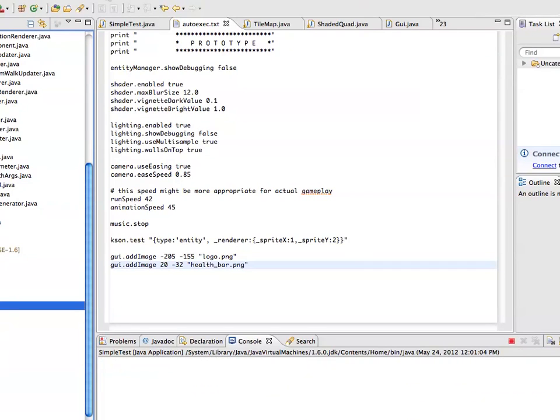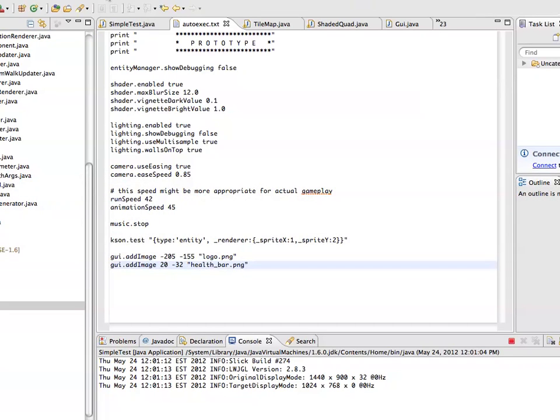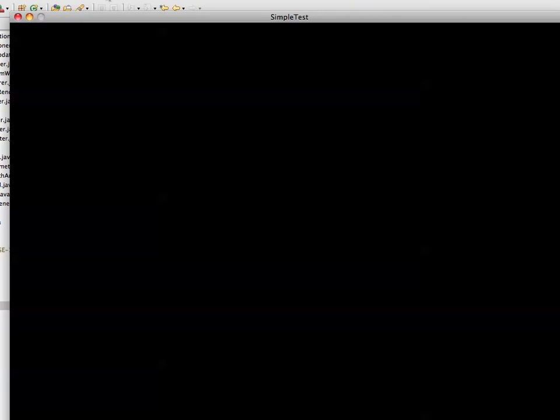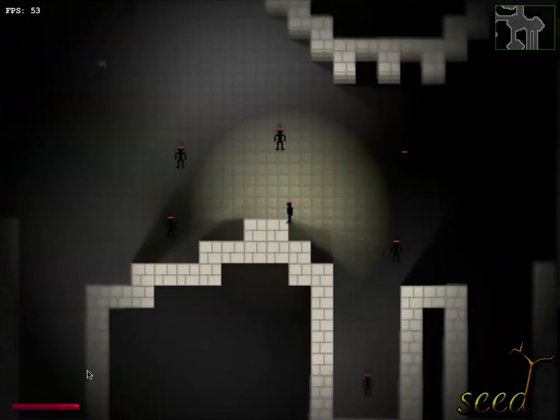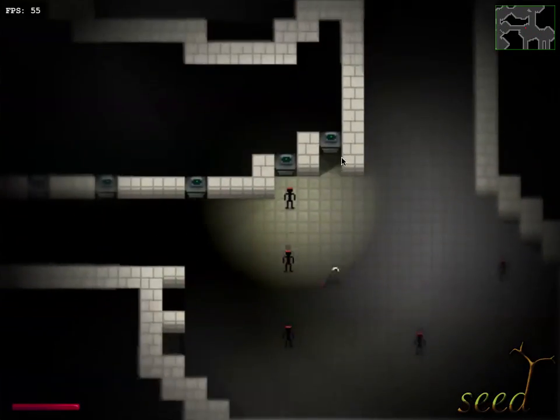Just a real mess this morning, so if this ever runs, oh good. Normally it wouldn't take this long, but I'm running a lot of things at the moment. So you can see the dodgy health bar. That's not really